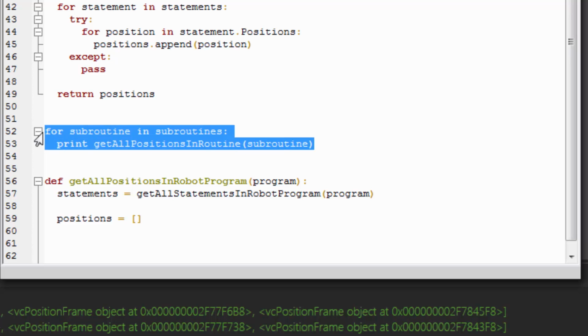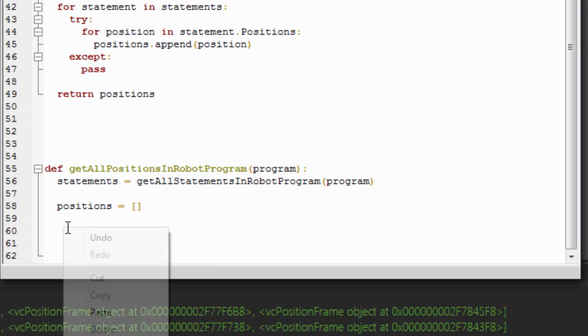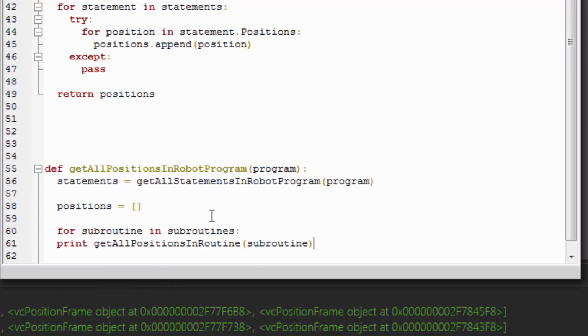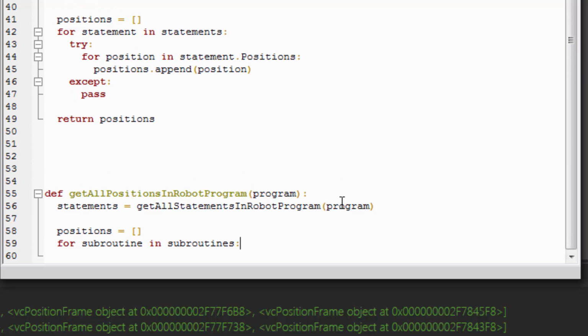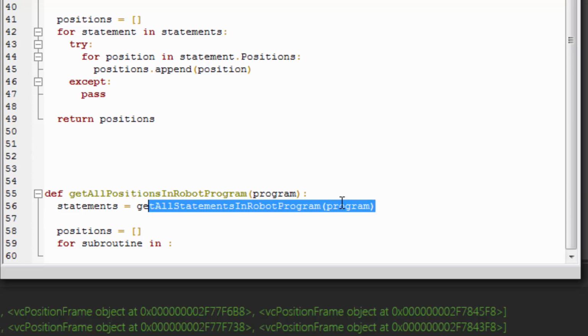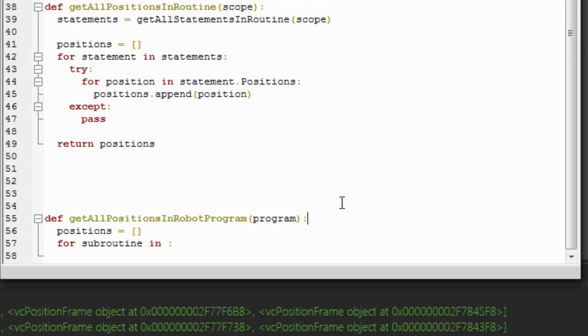So let's copy and actually cut this code here and then paste it into our method. And we're not going to print that out, so let's get rid of that. And then for the subroutine in our subroutines in the program, let's make sure we have a handle for that. So we don't need this statements list right now. We actually don't need it at all.